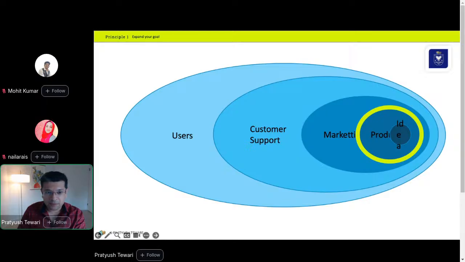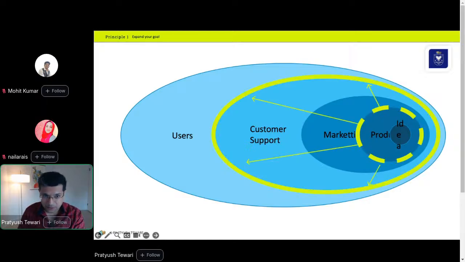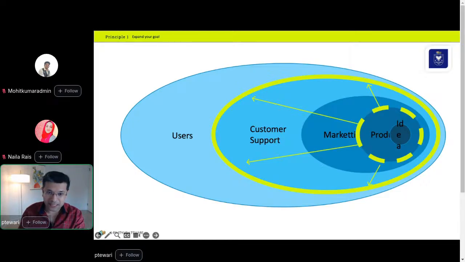Why I want you to expand this all the way to customer support is because, as you can see, the users are sitting next to the customer support. If there is any failure in any of the edge cases, users are going to contact the customer support first. They're not going to be able to talk to the designer or the developer or the product manager of that product. So this is very important that you expand your support from the design of the product itself all the way to the customer support. And that's how you can help the customers get resolutions as fast as possible.